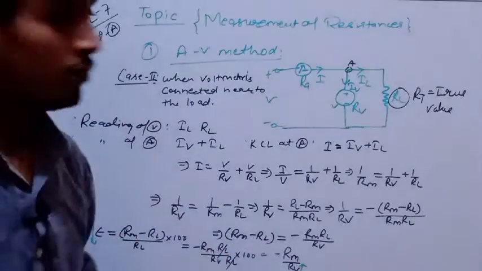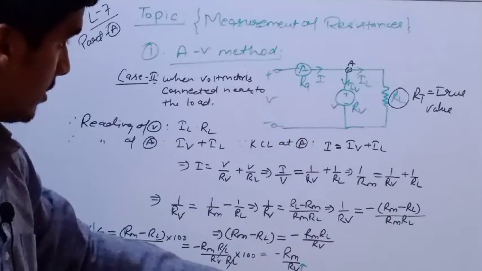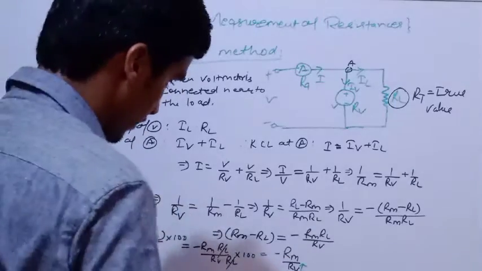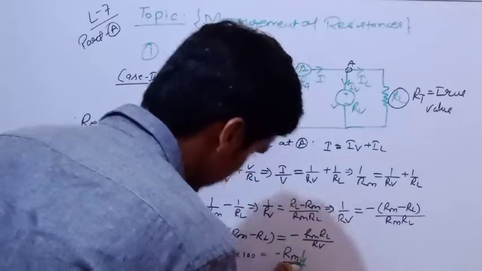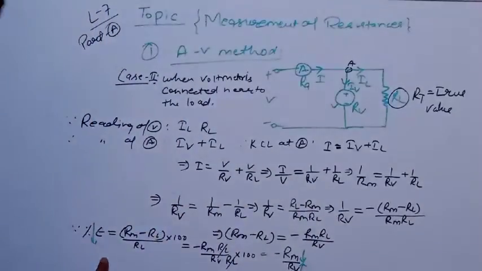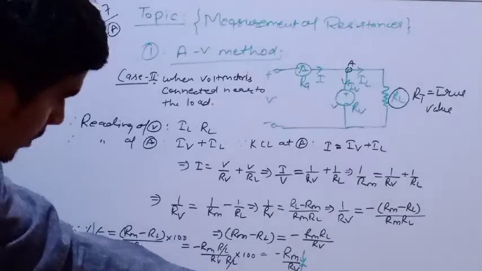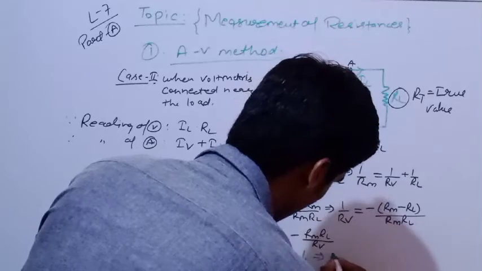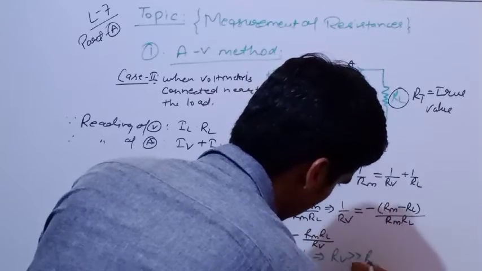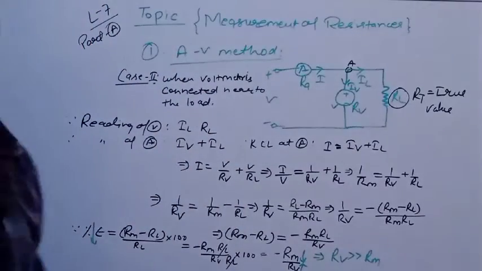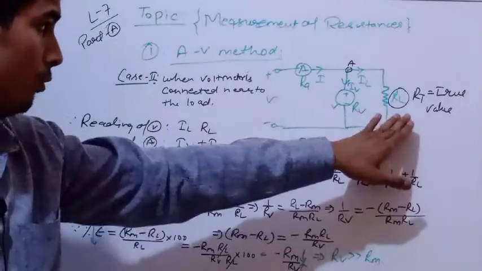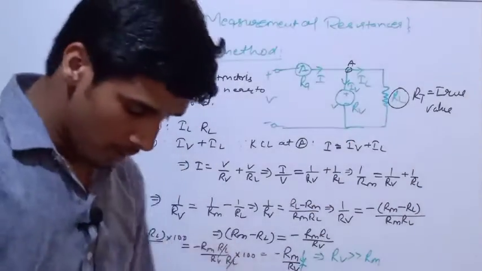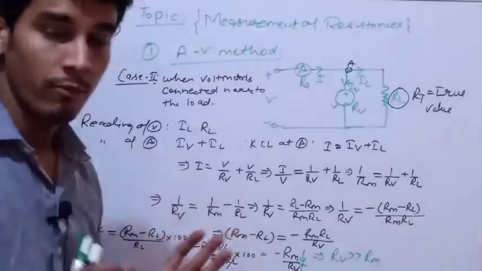When this is the ammeter resistance value, if RM is lower, then also the error will be lower. So you can understand from this point that when the voltmeter has a resistance greater than the value of the unknown resistance, then this method can be used. So this was somewhat basic about the ammeter voltmeter method.